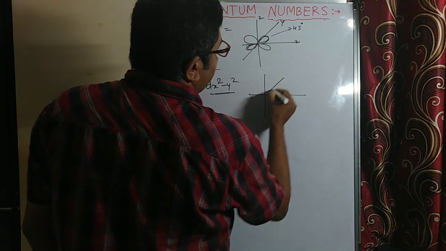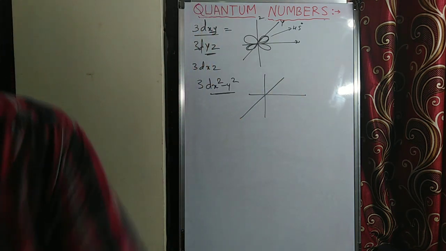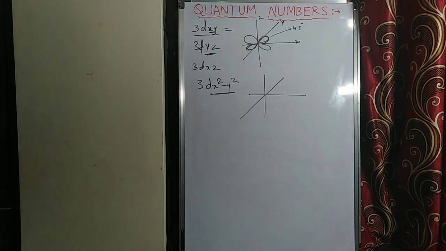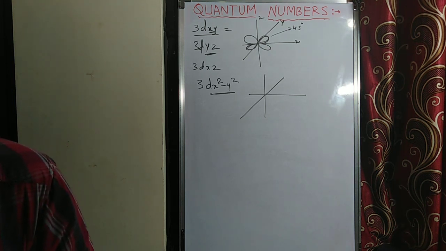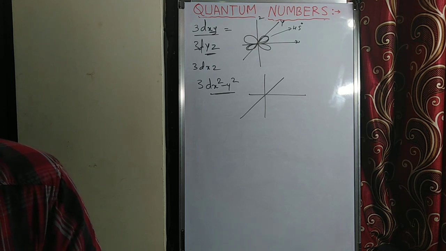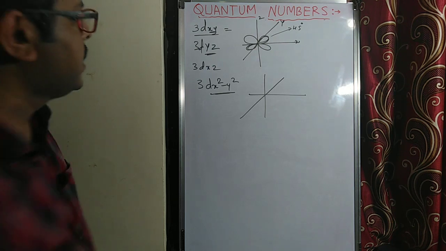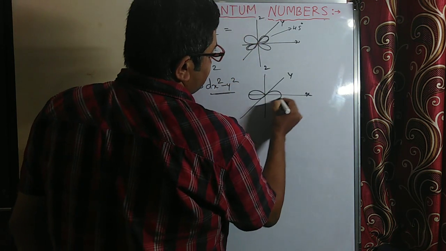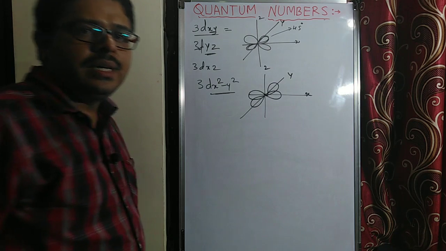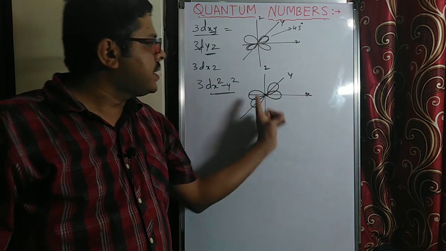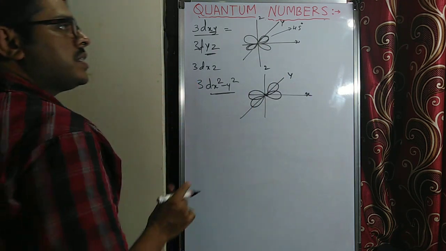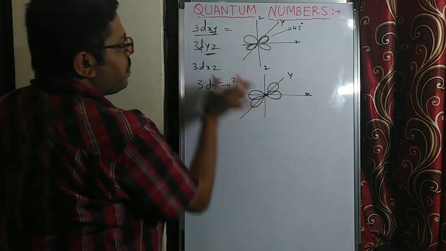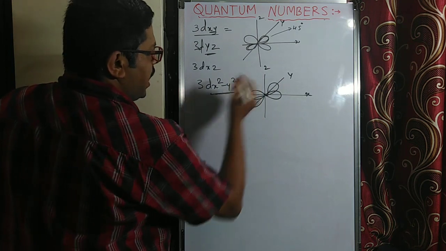Then very important, 3D x square minus y square. X square minus y square, how will it be there? See here, x square minus y square will be there like this, remember. So in this particular case, yes, x square minus y square. If this is x, this is y, this is z. Along x axis 1, along y axis 1. Which means what you have to understand? These three are between the axes. Whatever axis is given, between the axis the shape is there. X square, y square, along the x axis and y axis.